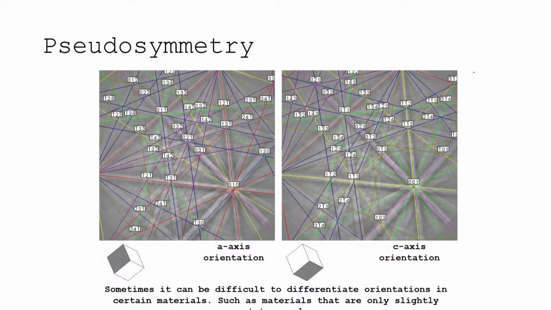All right, pseudosymmetry. There's a lot of times where we will have data or materials that have, let's say, an A-axis and a C-axis, so a tetragonal symmetry, that's very difficult to distinguish from each other for some reason or another. If you look at